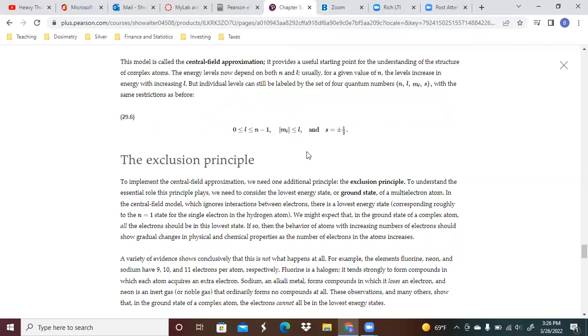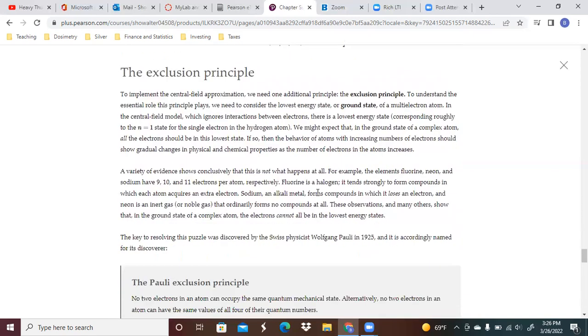So you can see all of these restrictions here. The exclusion principle. To implement the central field approximation, we need one additional principle, and this is the exclusion principle. To understand the role that this plays, we need to consider the lowest energy state, or ground state, of a multi-electron atom. In this central field model, which ignores interactions between electrons, there is a lowest energy state